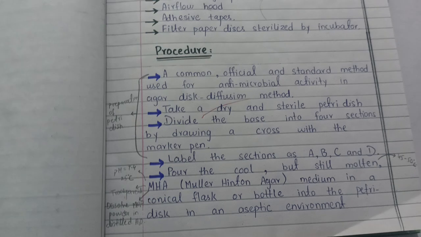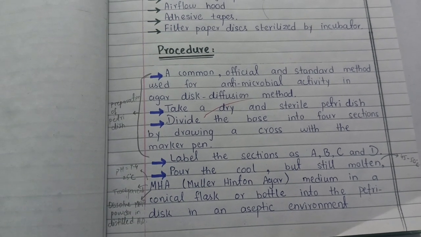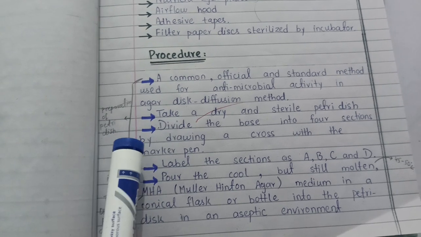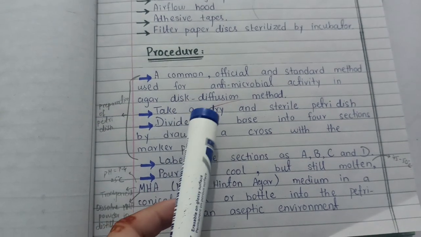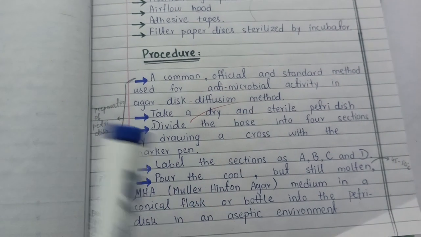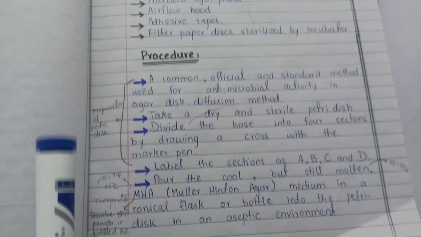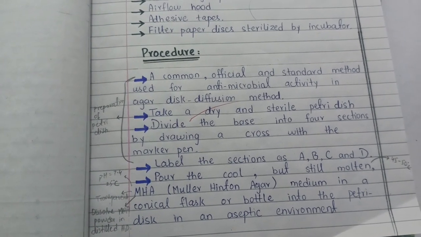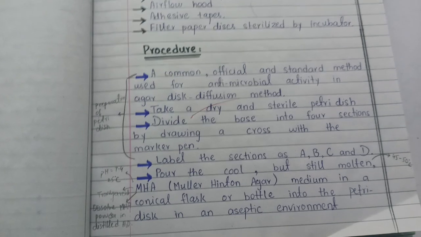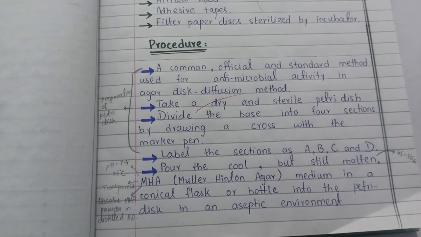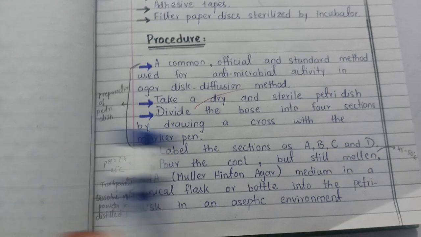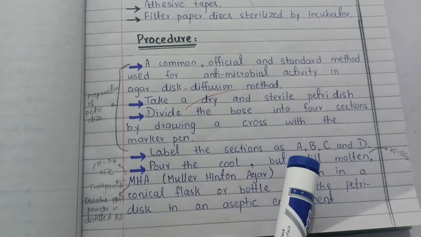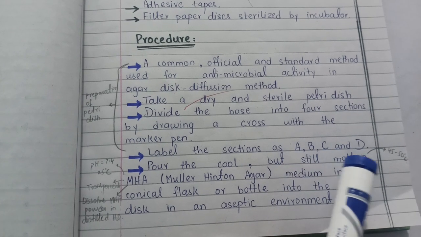In order to start checking the susceptibility of antimicrobials, the first step is to prepare a petri dish. First of all, you have to sterilize it. To sterilize it, you wash it and after that you dry it in the hot air oven. The hot air oven is important because it provides hot air to your petri dish, and the hot air facilitates the killing of all the microbes. After that, you divide your petri dish into four sections and give each section a name such as A, B, C, D.